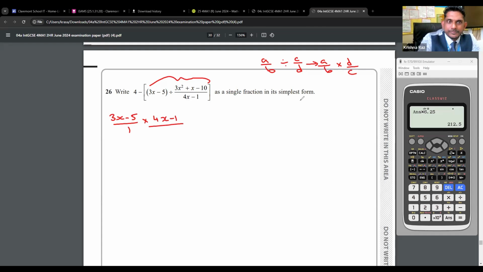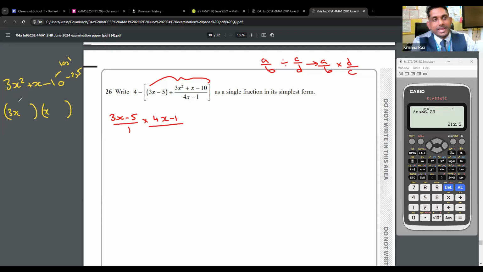So I need to factorize that. So let's factorize 3x squared plus x minus 10. We can do this one by guessing, essentially. We know 3x and x must be the value. And that can either be 10 and 1 or 2 and 5. Can't be anything else. To get a 1x, I know that